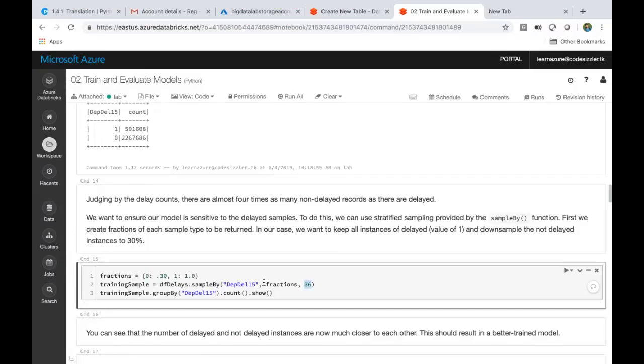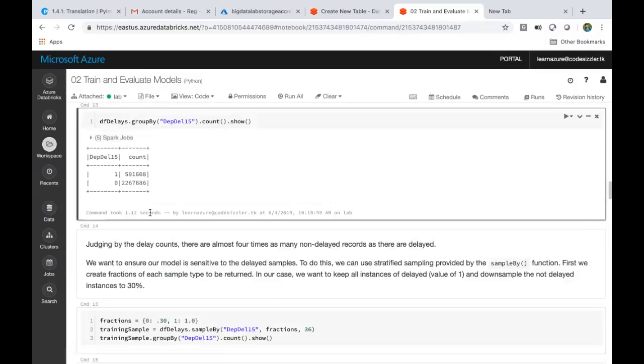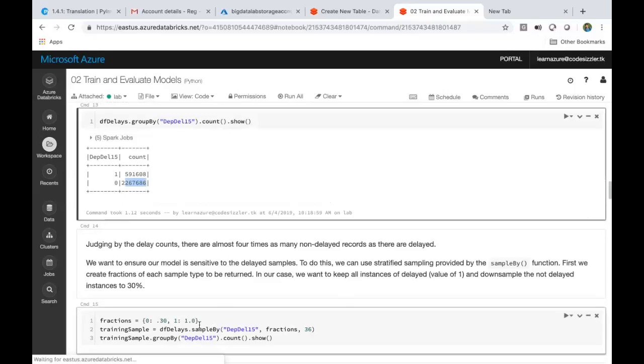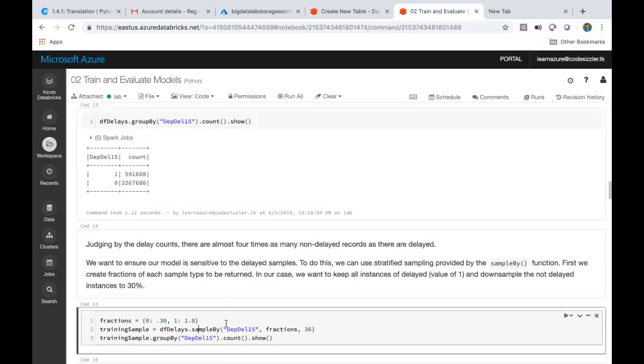What does 30% mean here? From 22 lakh records, I want to take 30%. So how will it take? It might take the first 30 or last 30 or middle 30, or maybe the first 15 and last 15. It can take any way, right? Sample is taken randomly. So I want to make sure that every time I execute this, it takes the same data set always.